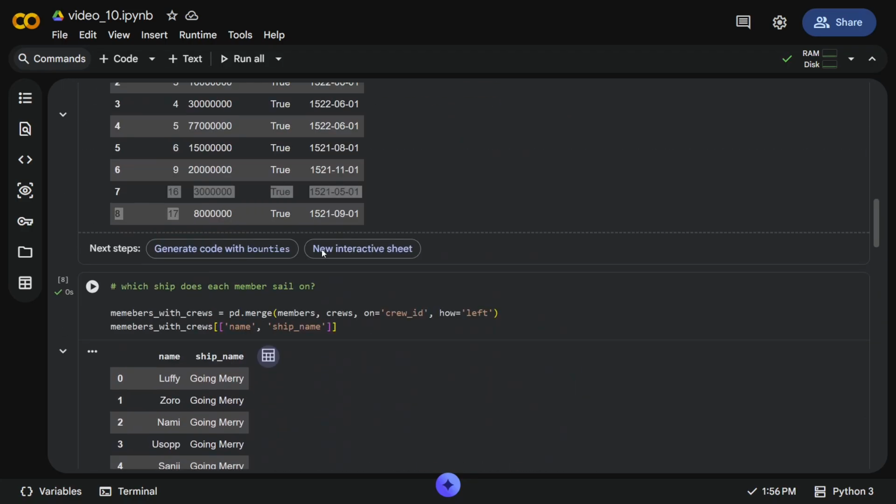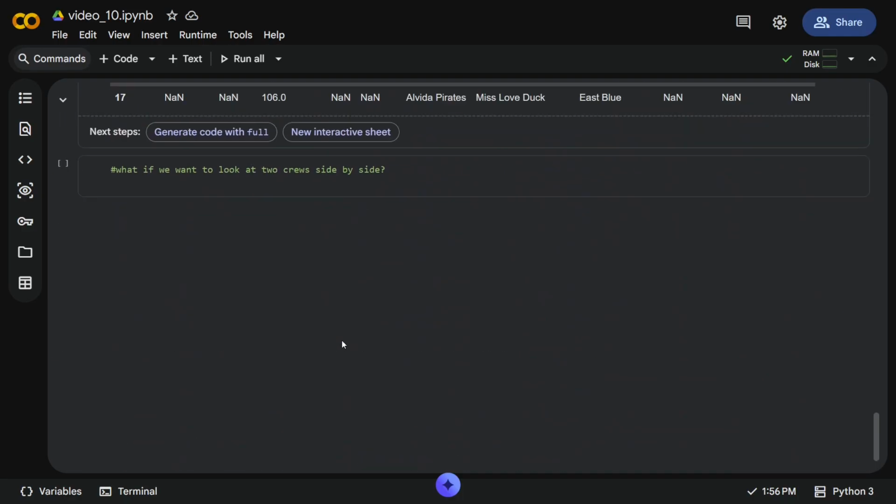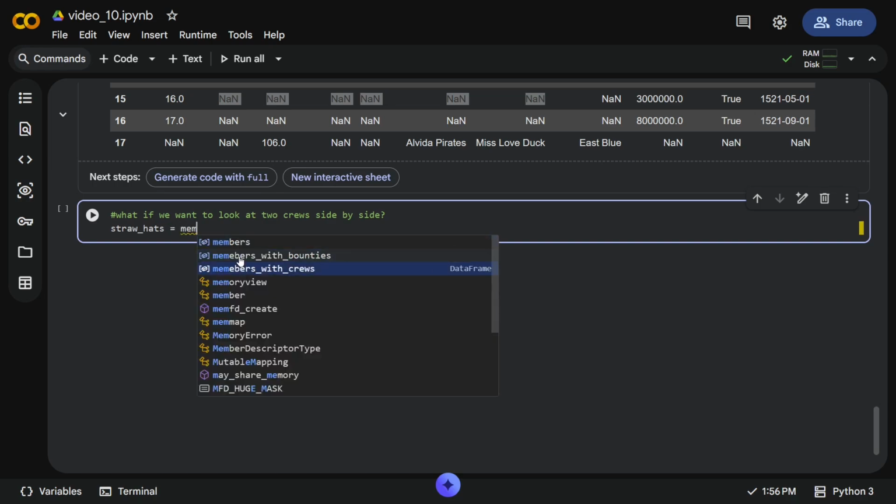Now that we have the members with crews, we can do something like this. So the straw hats are the member with crews,